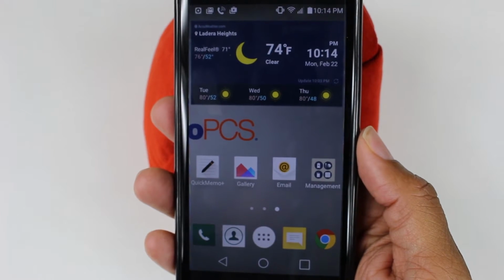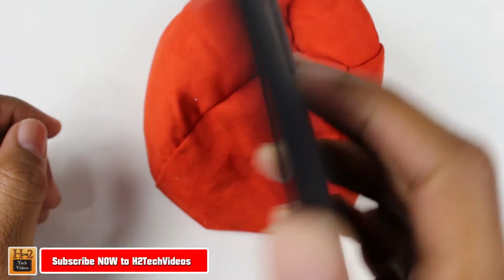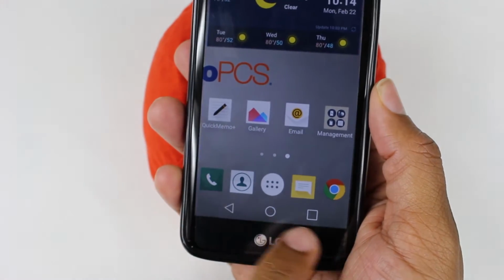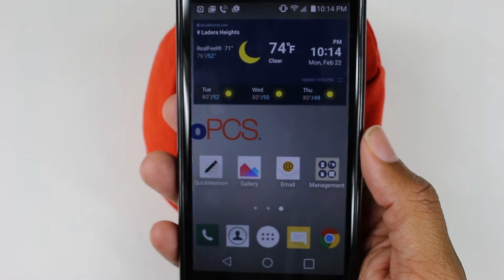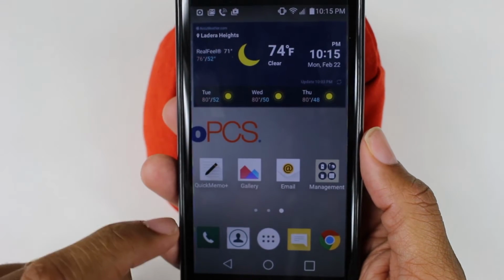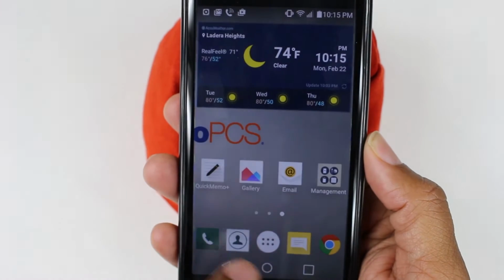We are currently on part 2 of the LG K7 for beginners. In the first video we did go over the buttons, what does what, and the buttons at the bottom here, which are basically how we navigate the phone, how do we get around. So next we're going to pick up where we left off, and we're going to go over this button right